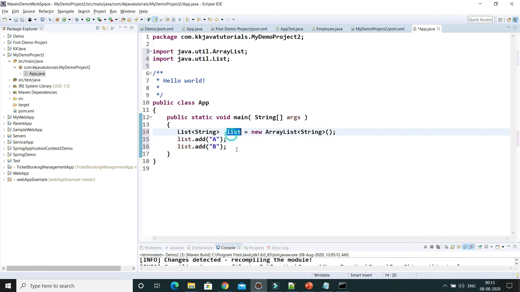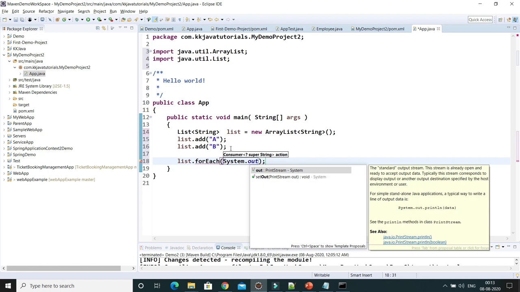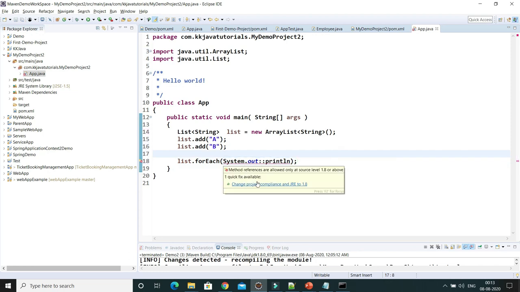Let's add some Java 8 features. Here I'm going to use a forEach loop with System.out::println. I'm trying to use a method reference. Now it is showing an error, suggesting that I use JDK 1.8.